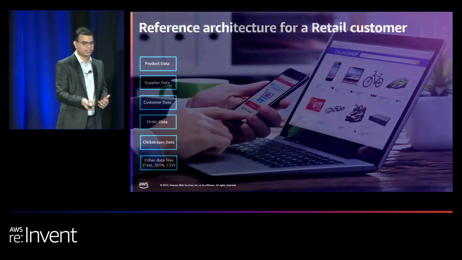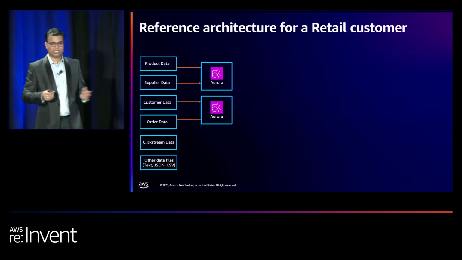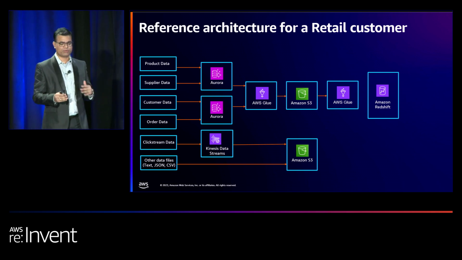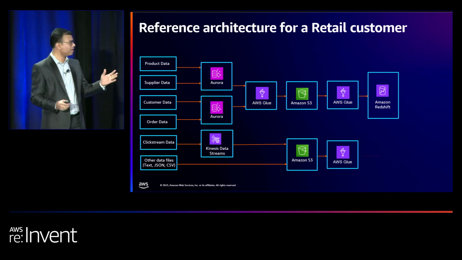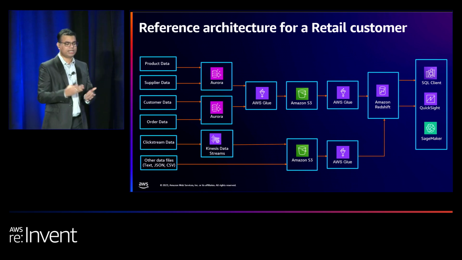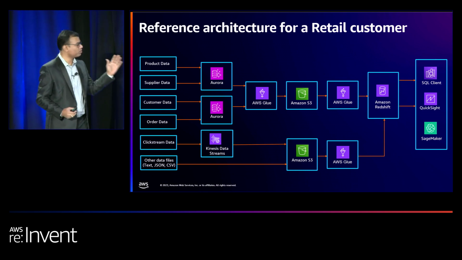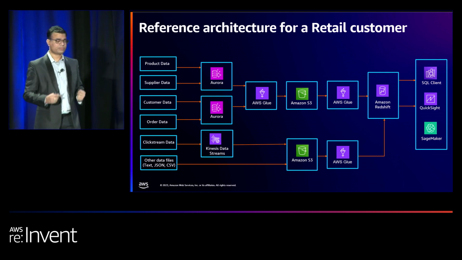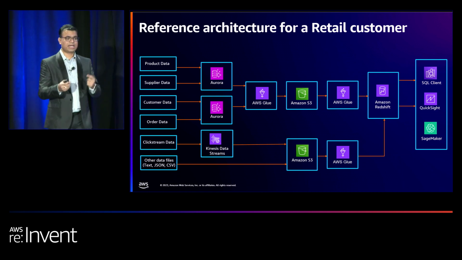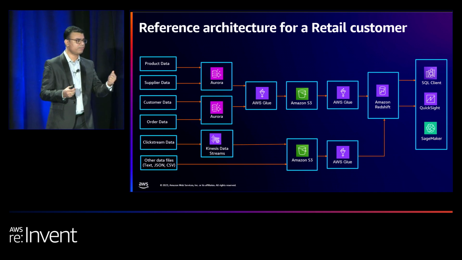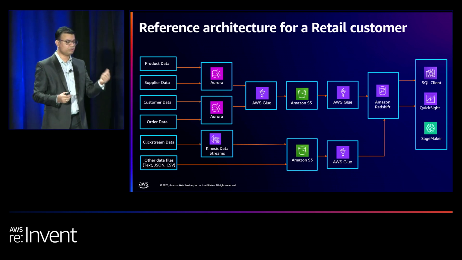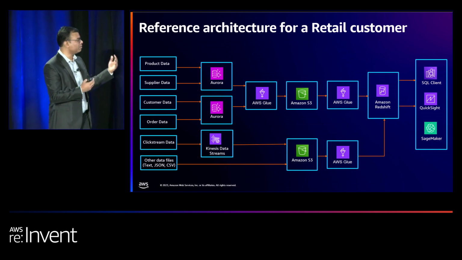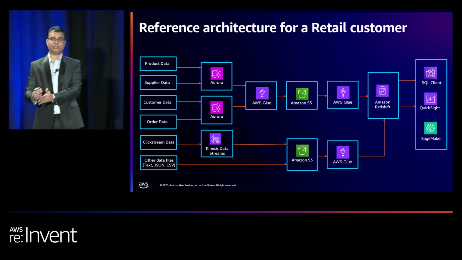So for that, something like this, you will be designing an architecture. This is a very standard, typical architecture for a retail customer, where you have data like the order data, customer data, supplier data, product, all of which you are storing in Amazon Aurora databases. And then the clicks, right? As I said, you have the website, you have the app, and you are doing several clicks. Based on those clicks, you want to capture that data set too. So that data you will stream through the Kinesis data stream, and finally store it in the Amazon S3 data